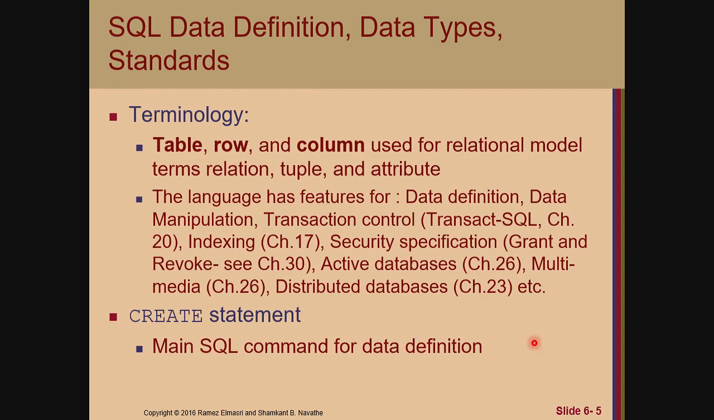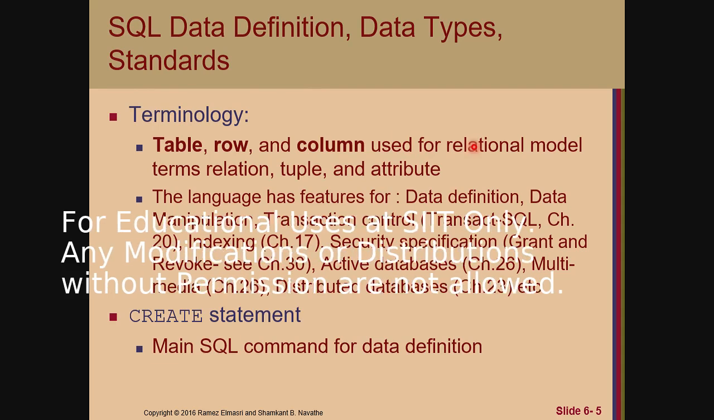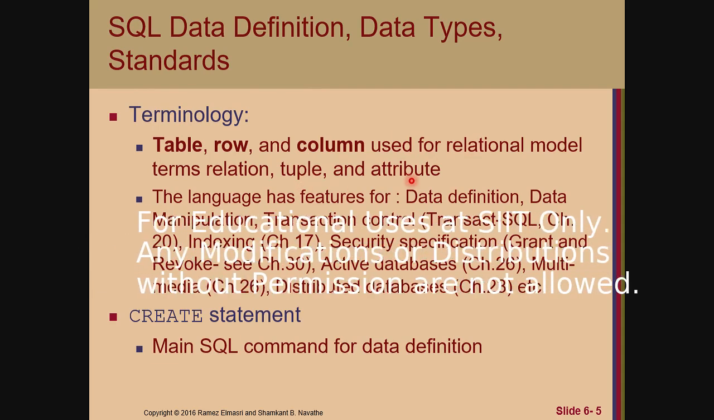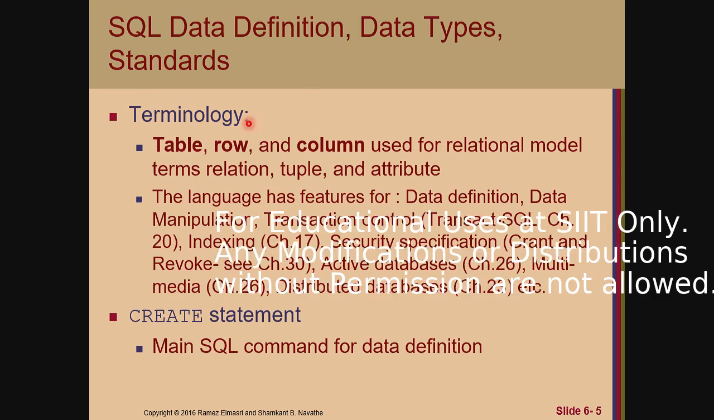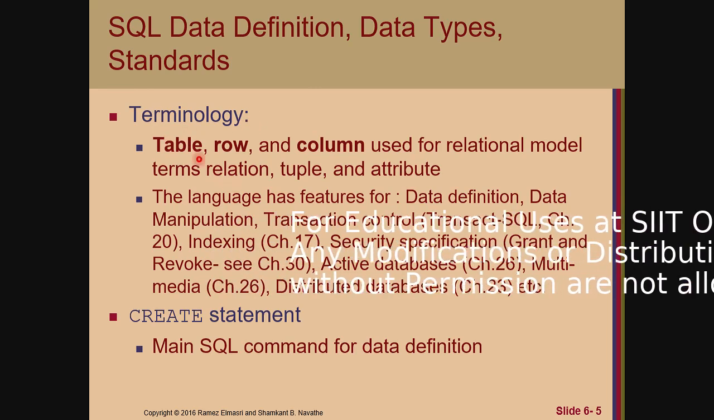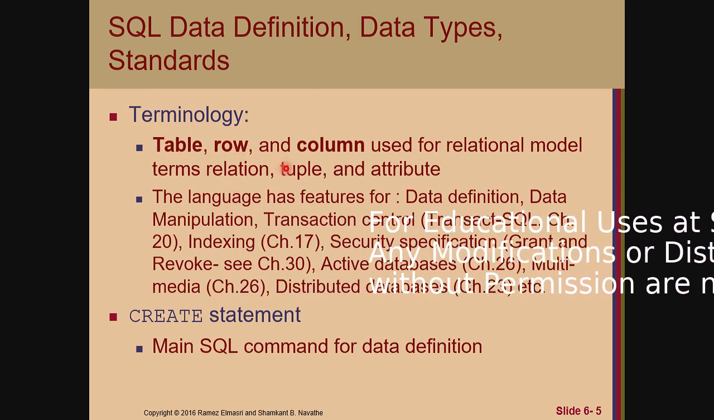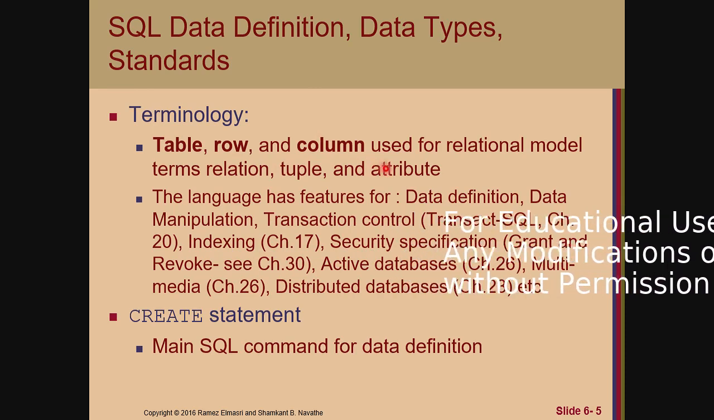Anyway, SQL data definition, data types, and standards. Okay, we have several terminologies. The table is a relation, right? A table is a relation, including rows and columns. Three terms are used for relational model terms: relation, tuple, and attribute. Table is the relation, row is the tuple, column is the attribute. Okay,